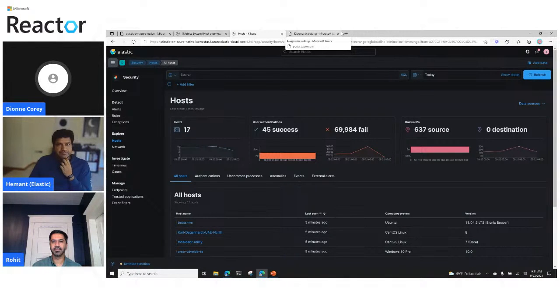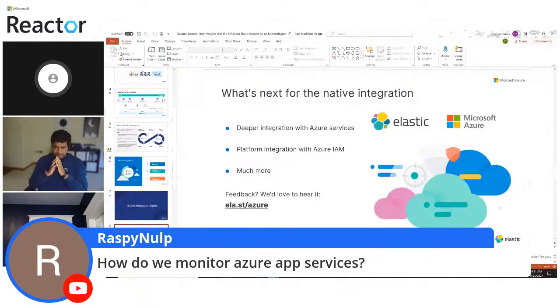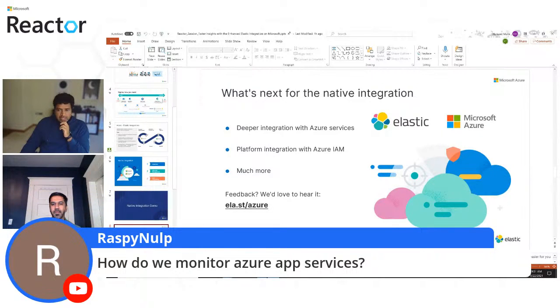Perfect. And then another question came in. How do we monitor Azure App Services? Yeah, that's a good one. So in the public preview, until we go to GA with the service, that service has been on top of a lot of users' minds as they were testing it out, and it is one of the next services, as I mentioned, deeper integration with Azure services is the next item.